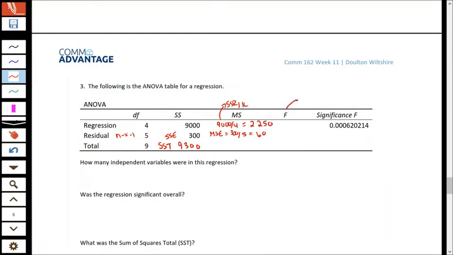Our F term is our MSR divided by MSE, but again, it's the two terms that came before it. We're going to divide there. We're going to take that 2250 and divide by 60, and we're going to get a value there of 37.5 for that F value. So for the actual questions here, how many independent variables were in this regression? K is the number of independent